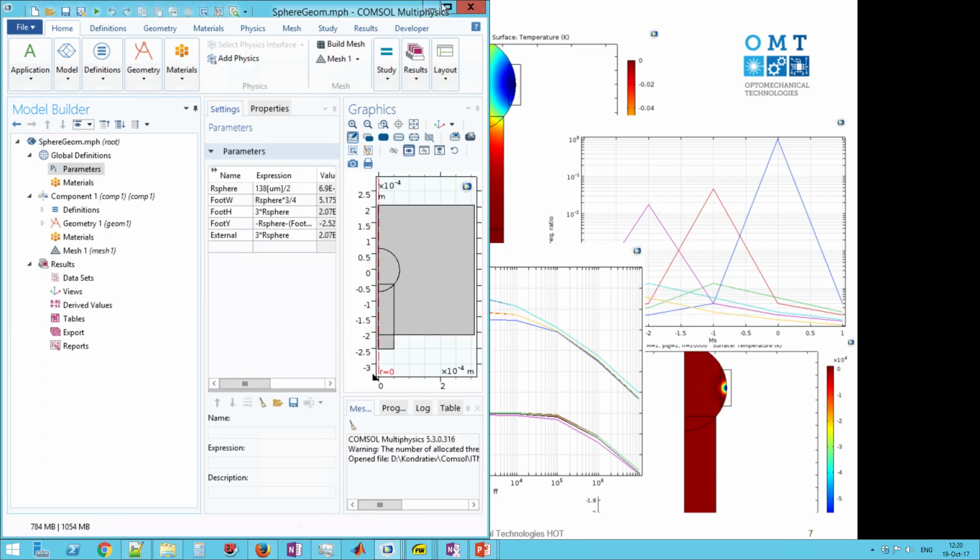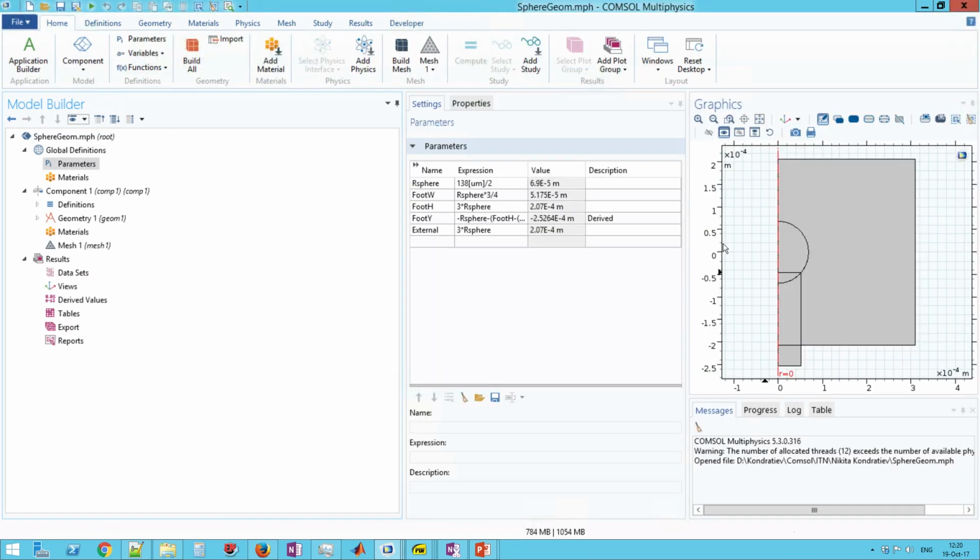Sphere. Yes, here it is. I already made the geometry of the sphere so as not to waste time. And here are the parameters. I have a sphere. It stays on a leg. And as I said, I will use some other calculations, other